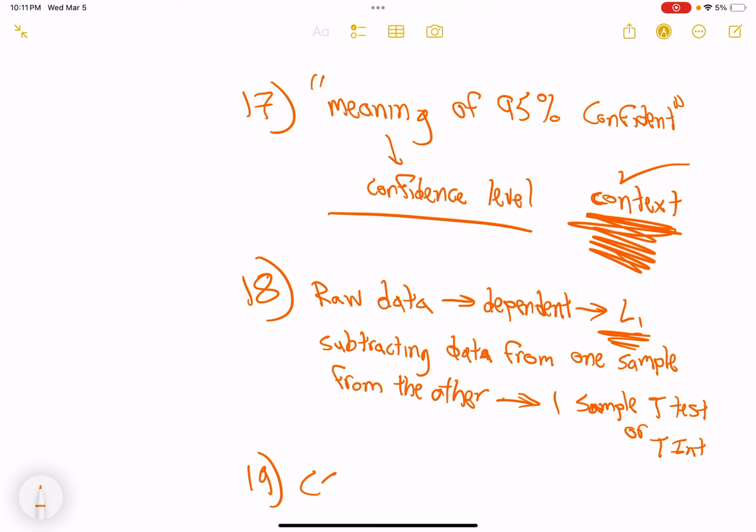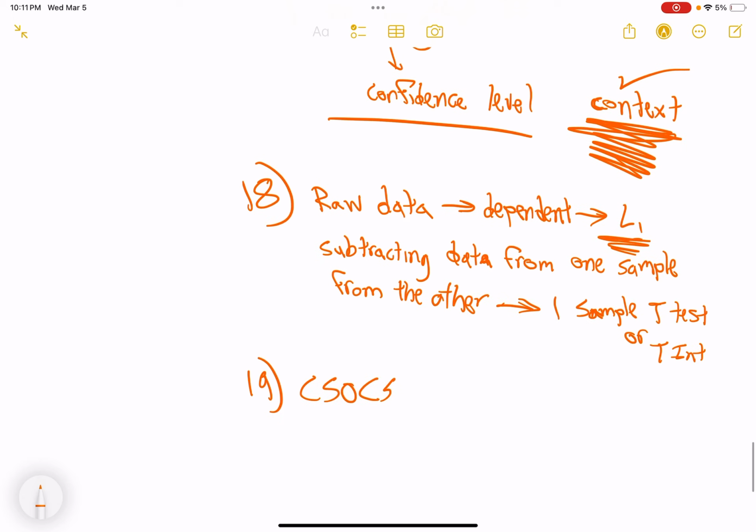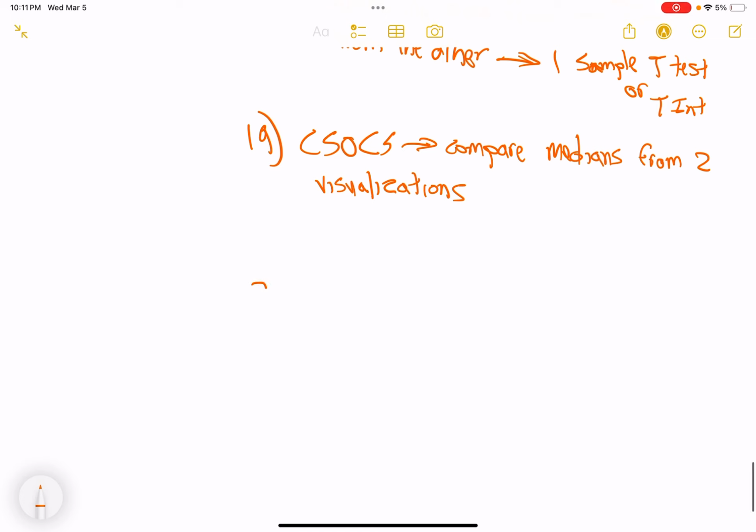19, no CSOCs, right? Know how to compare medians from two visualizations. And you should know what I mean by that, right? Look at two visualizations of particular graphs and be able to compare their medians and their shapes and things like that. We went over this. And 20,